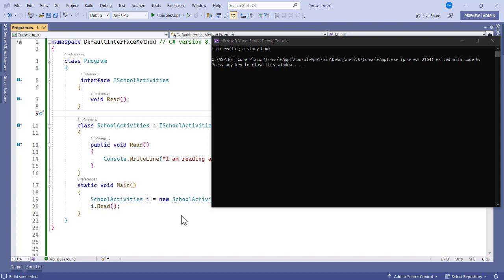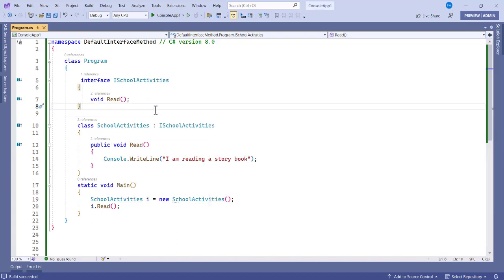This video is part of the C# highlight videos. We're going to talk about default interface methods in this video. Default interface methods were introduced in C# version 8.0, and before 8.0, when you create an interface